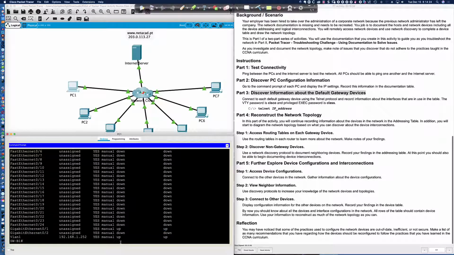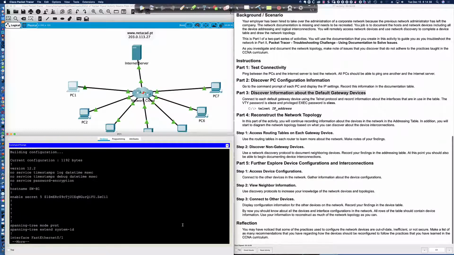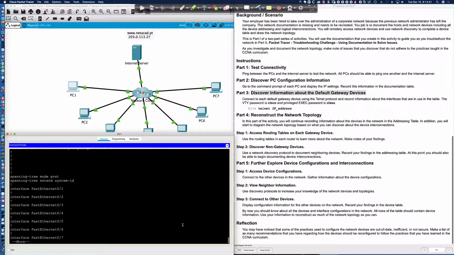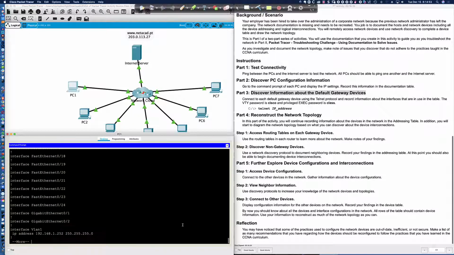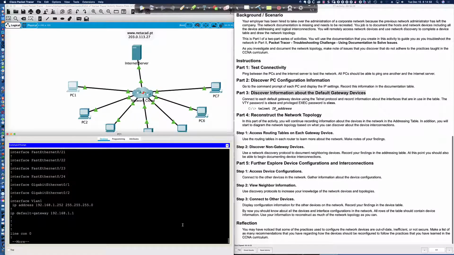The problem here is, how do I confirm that that is actually what is connected? Because maybe it's not PC1, maybe it's something else. So what commands could we run to sort that out? Well, what if I said show run, right? Now this is probably not the command we're going to use to get the information, but take a look at FastEthernet 0/1. You'll notice there's no configuration on that port. Let's keep going down here. There's no configuration on any of these ports except for the switch virtual interface for VLAN 1, and we have